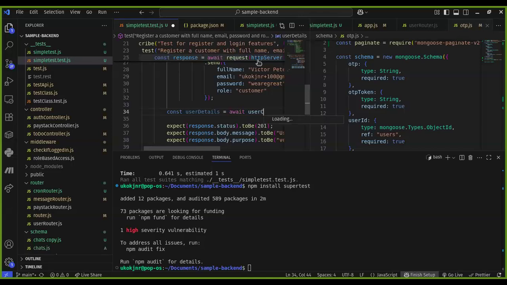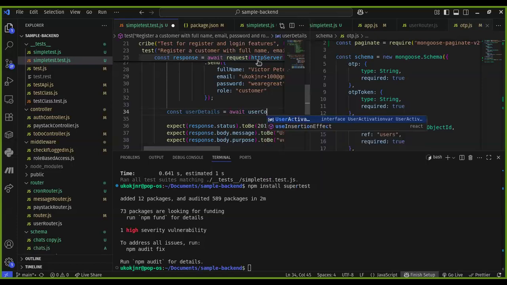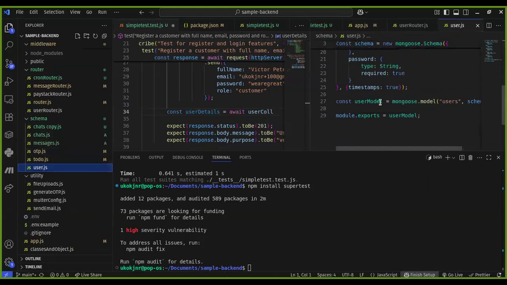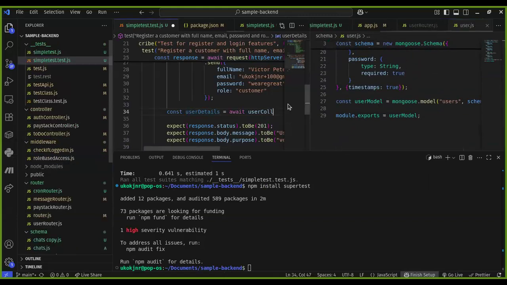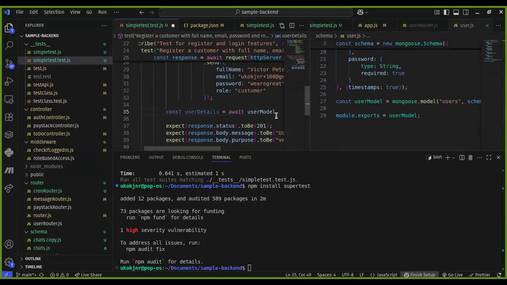Please give me a recommendation. Wow, not giving me any suitable correction. User collection. Oh, user model, sorry. I'm supposed to call it user collection. I don't know why I call it user model. User model dot find